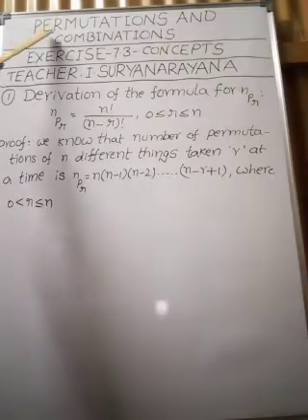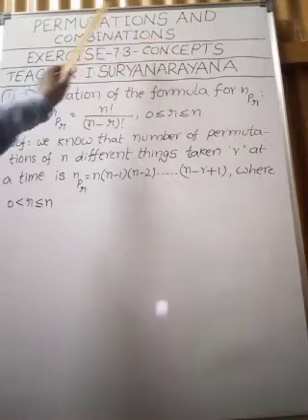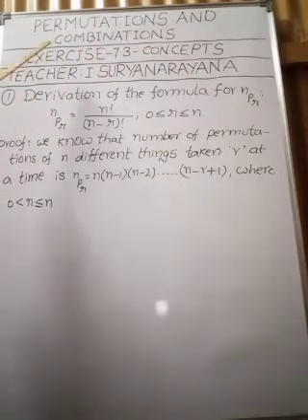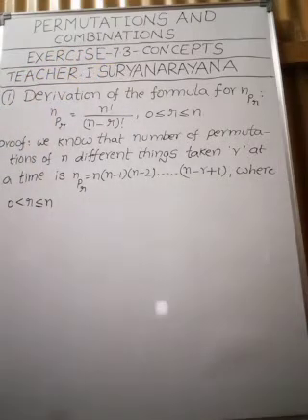Today we are going to discuss permutations and combinations. In this chapter we are going to discuss the concepts of exercise 7.3. In the previous exercise we have discussed the concepts of exercise 7.2. In that exercise we have discussed the factorial n. I hope you have learnt well,